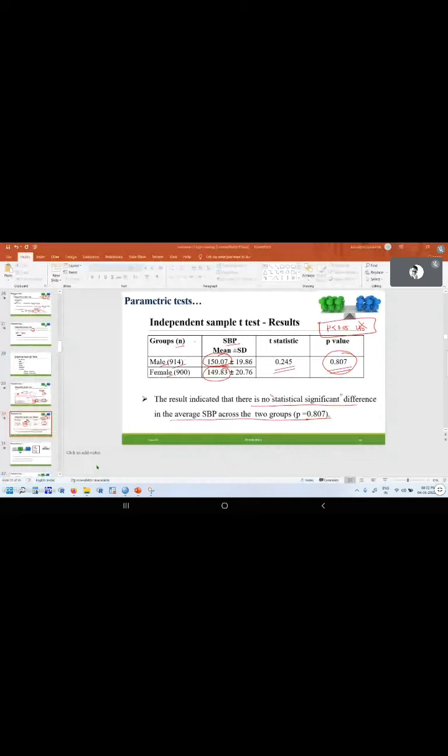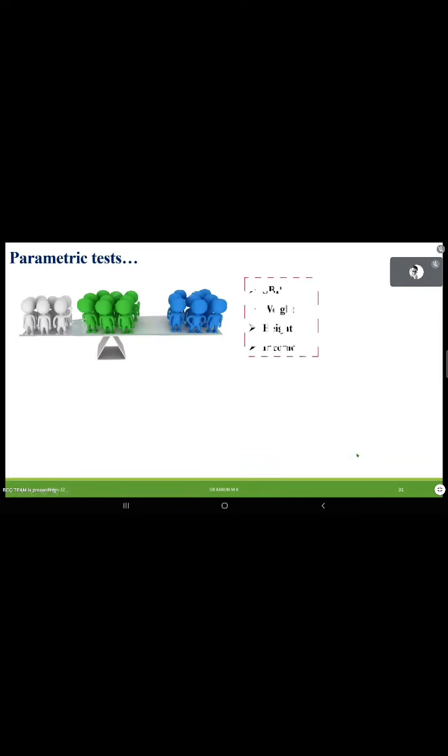Is that clear to everyone? Once again, I will tell you. Go to Analyze, Compare Means, Independent Sample t-test. Test variable: we want to check if SBP is significantly different between the grouping variable gender, males and females. Define groups. What code were we given? If you gave 100 and 200 for male and female code, you can type that. Here I gave 1 and 2, 1 for male, 2 for female. Then click OK. See here the descriptive statistics and independent sample t-test result. Clear, no? But whenever you report, you are supposed to report like this.